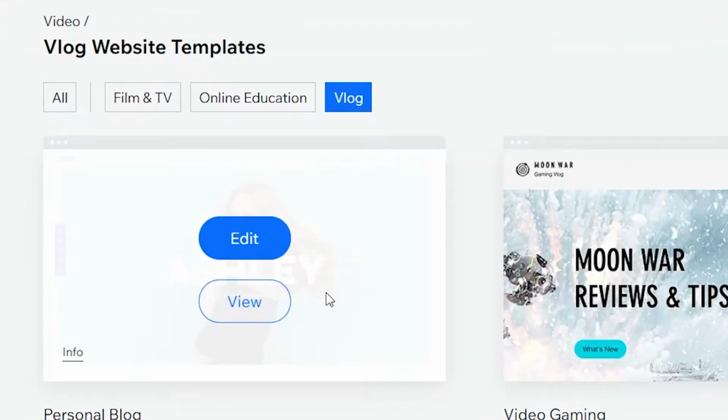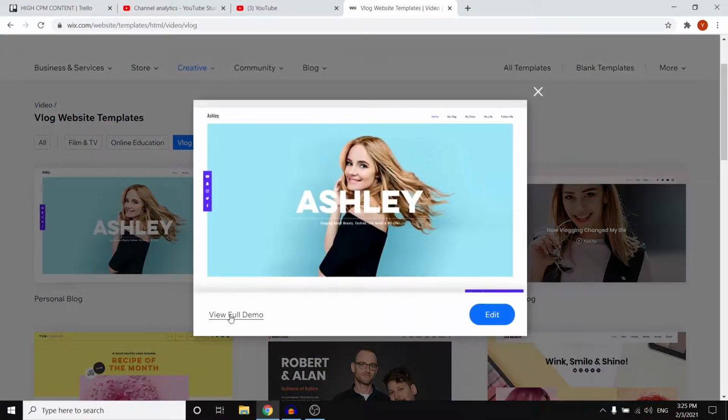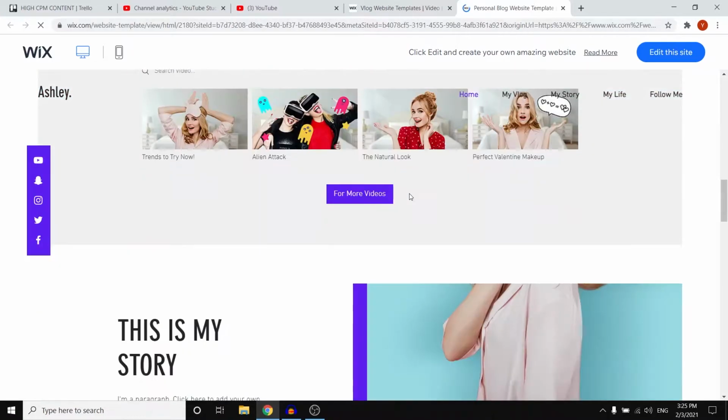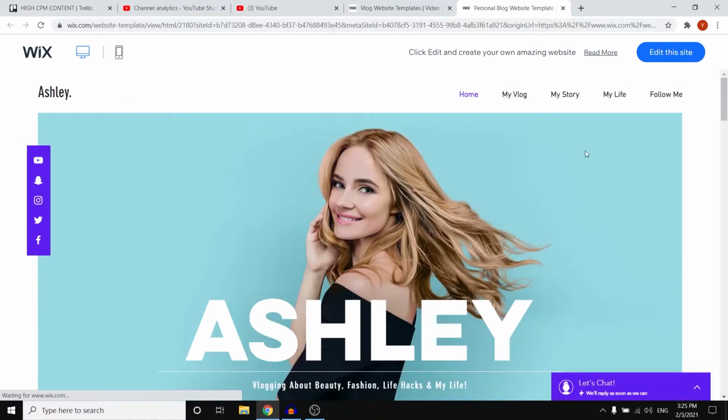So what you can do on Wix is pretty much use a template to build your own website. What I'm going to do is preview a template. So if you click on View Full Demo, you can preview a template. Now this is the one that I showed you in the intro, and we're going to be using and customizing this in the video. Now what you can do is click Edit this site,